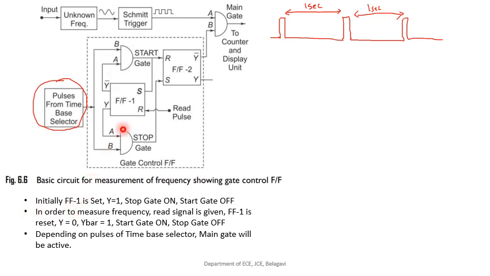Okay, initially when you reset your circuit, you can see there are two flip-flops, right? So this FF1 which is there and FF2 which is there, both of these flip-flops are SR flip-flops. Set reset flip-flops. So FF1 as well as FF2 are set reset flip-flops. Now initially your FF1, or flip-flop 1, is set. So this flip-flop is going to be set initially.